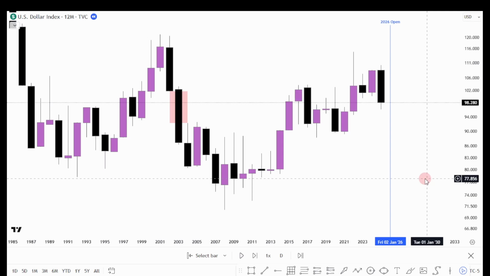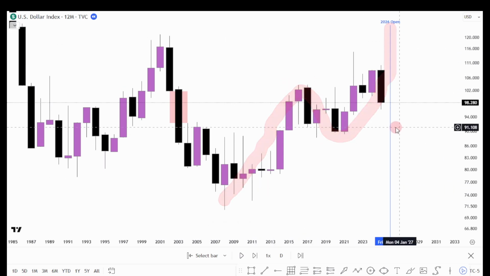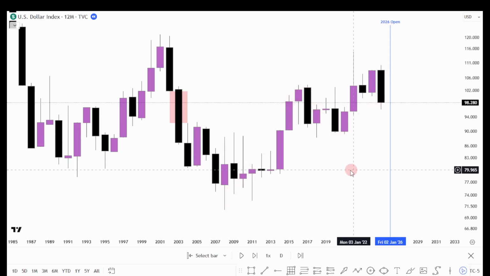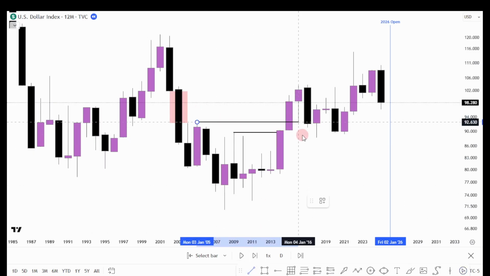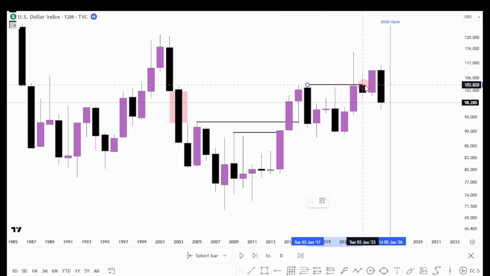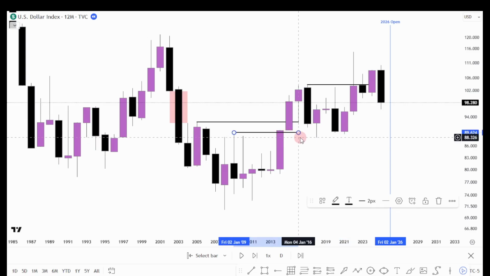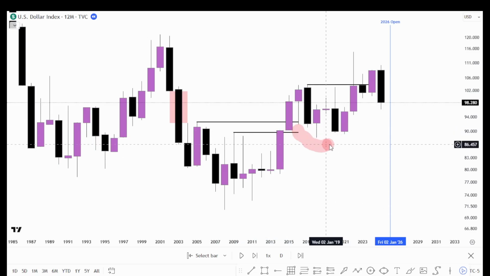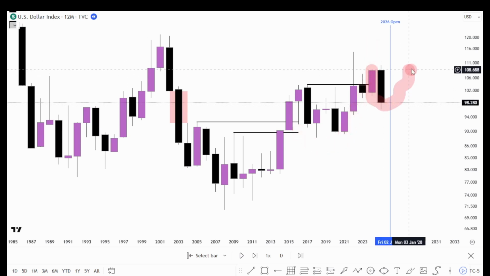So we're looking at a general uptrend for the past 12 years, no doubt about it. How do we know? We outline the following. Price has been continuously breaking above previous swing highs, right here and here. Yes, up until here as well. That is the most recent one. And of course, it comes with retracements lower after every bullish push. And we could be in one right now as we speak.